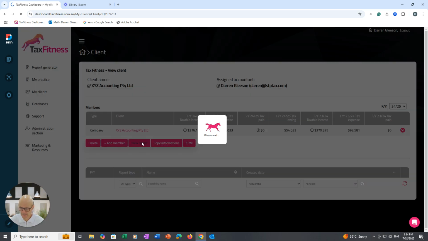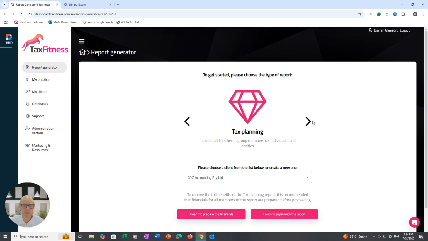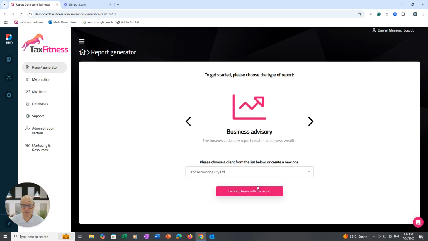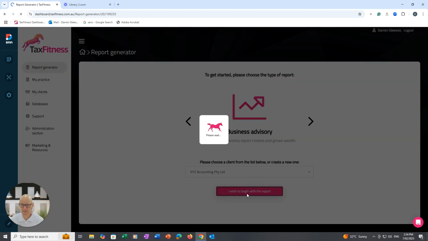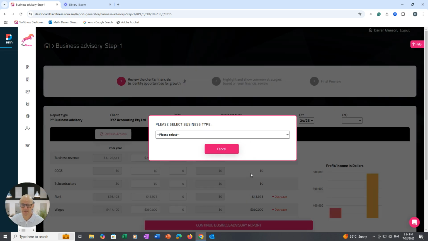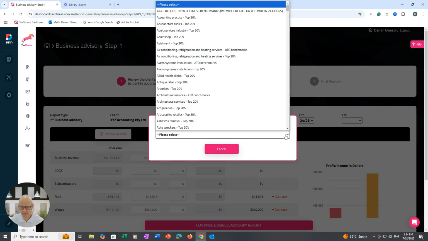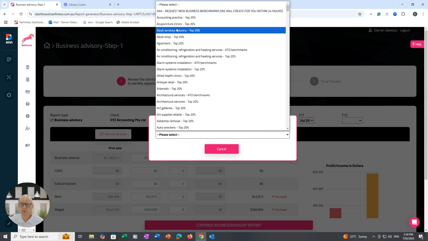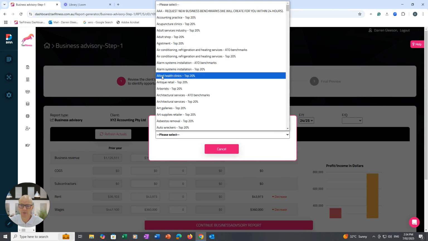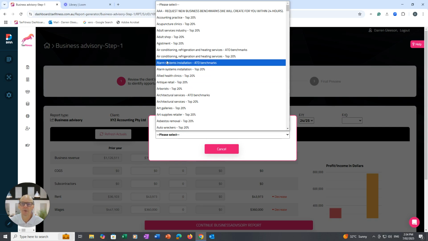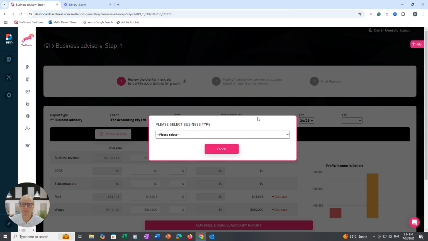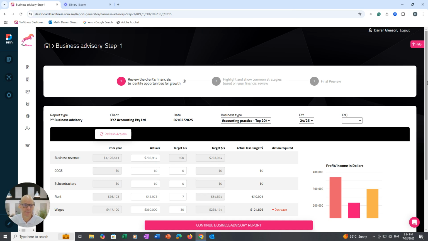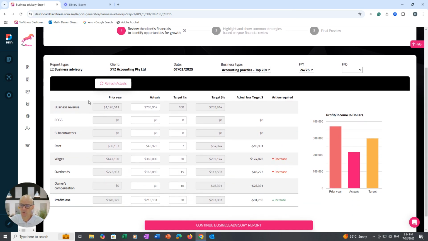Next thing we want to do is quickly create a new report. Click across the arrows until we get to the business advisory. Select the client, XYZ Accounting in this circumstance. Now we need to find what industry relates to it. In this case, accounting practice. So there's accounting practice. Oh, up the top. Can't go wrong. Okay. So we've got the prior year data in there, and we've got the actuals